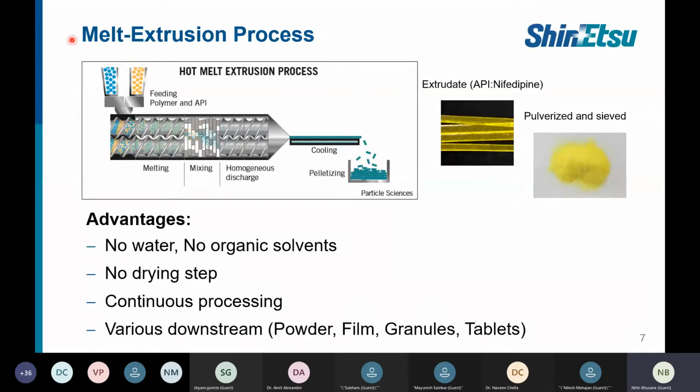So in the screw, you have different kinds of elements. Generally, I'm not a machine manufacturer. Maybe a machine manufacturer can explain it to you in a better way. So you have a conveying element, which you generally use for conveying your drug polymer mixture from one zone to another zone. Also, you have a mixing element, which differs in design. These two screws are co-rotating screws, which also generate some kind of shear on the polymer and on the drug. So you are applying shear as well as temperature to the drug and polymer to finally get a solid dispersion.